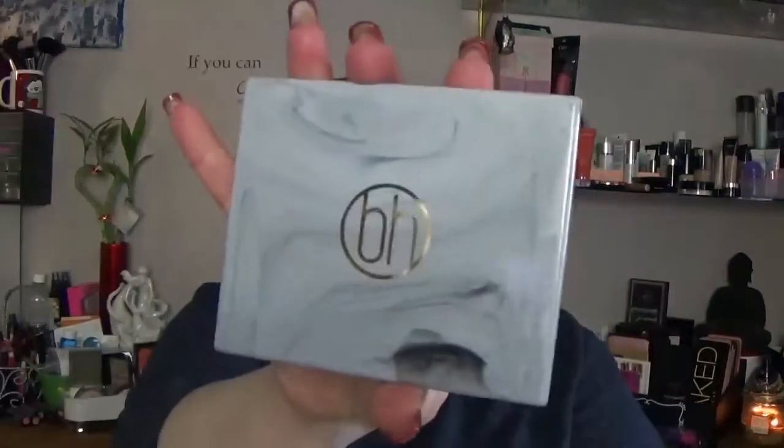The last palette I got from BH, even though I went on there for brushes, was from the Marble collection, and this is Warm Stone. I'm going to be quite honest with you, I bought this just because it looks like marble. This is quite a heavy palette too, but that's the look of it. It's quite pretty,